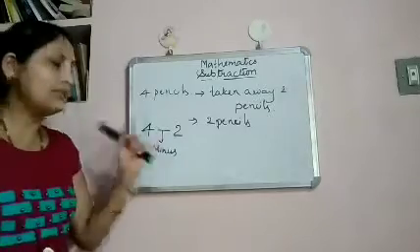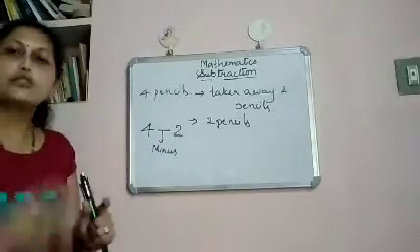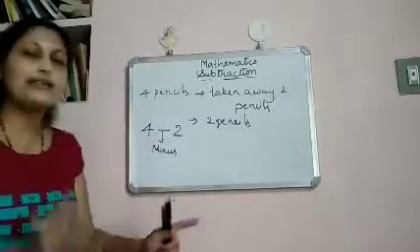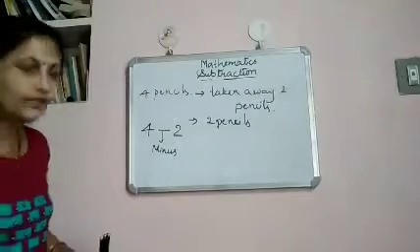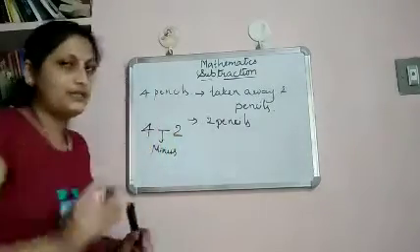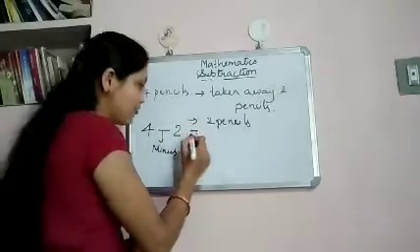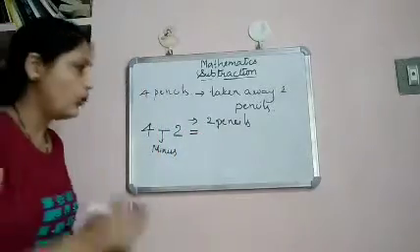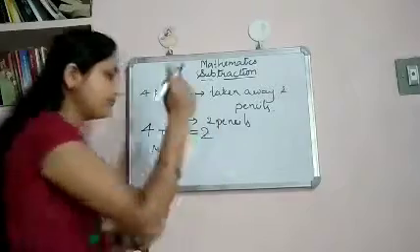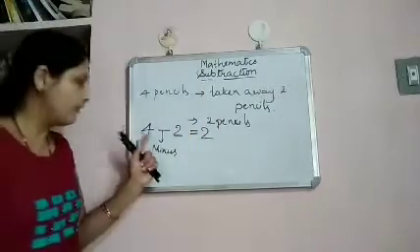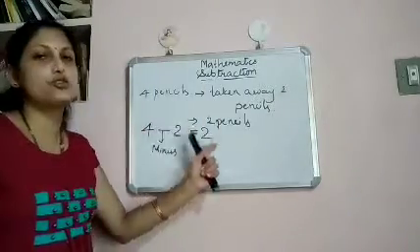So, when the symbol is given, what you have to do? You have to remove things. How many things are asked? That many you have to remove. Okay. So, 4 minus 2. We read it as 4 minus 2 gives rise to or equal to, how many left? 2 left. Got it? 4 minus 2 equals 2.